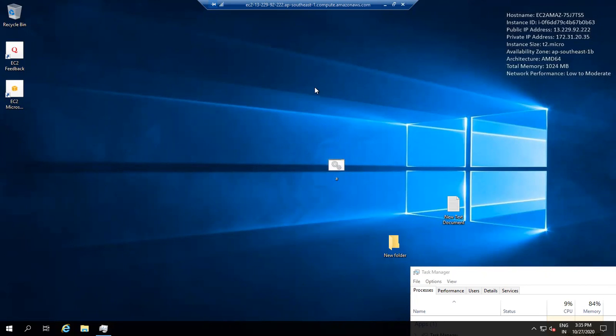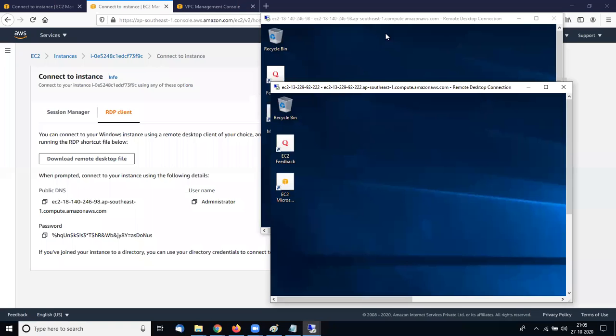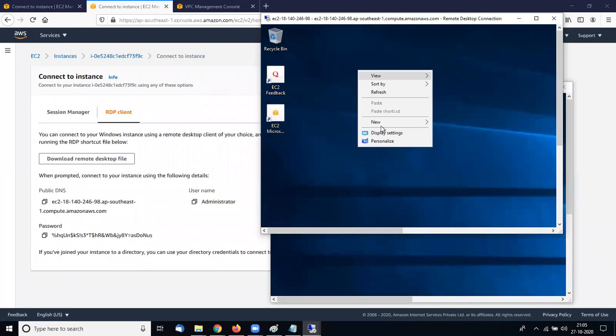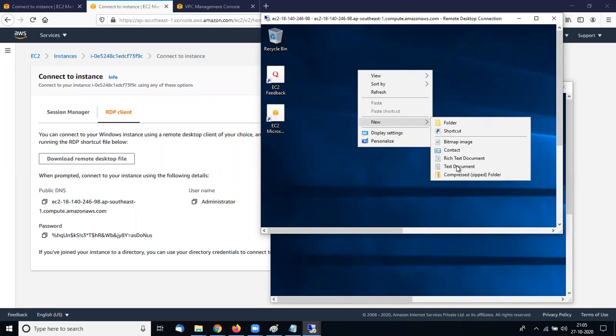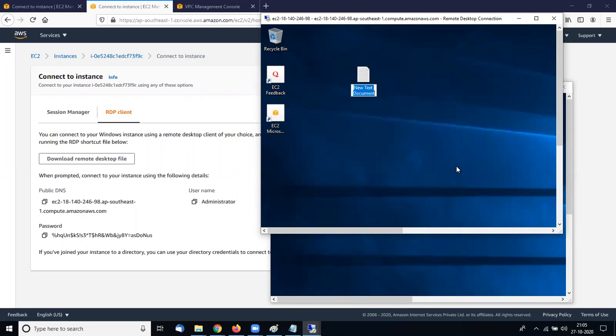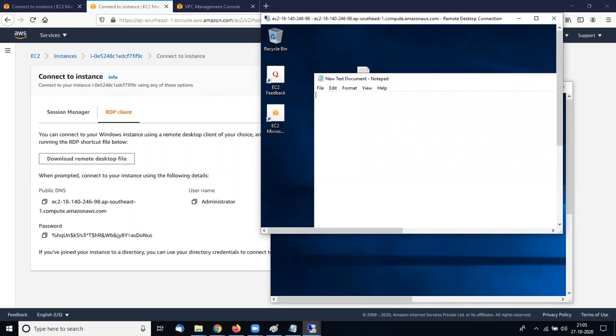The same process I am doing here. I created one more file here, a text document, and opened this. You can type anything in this file.